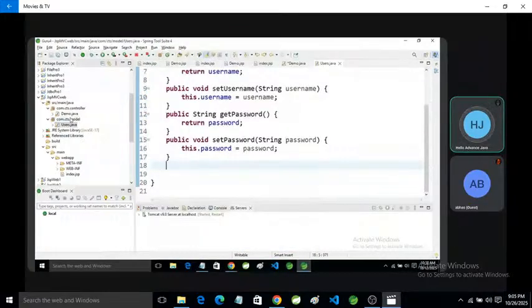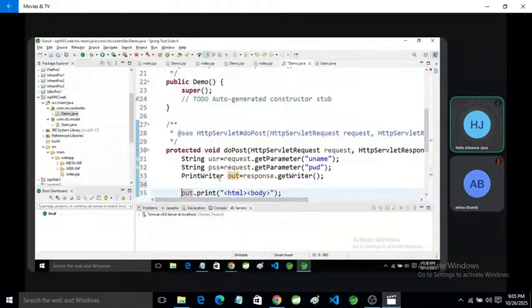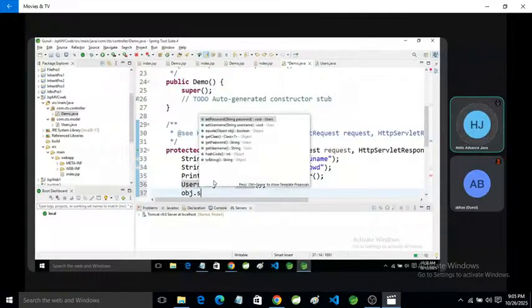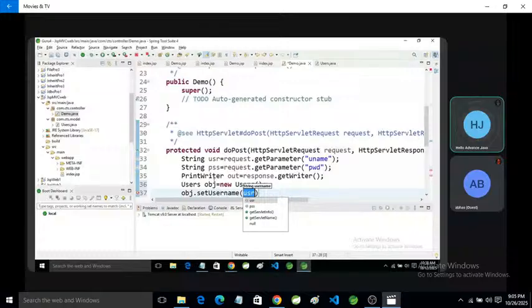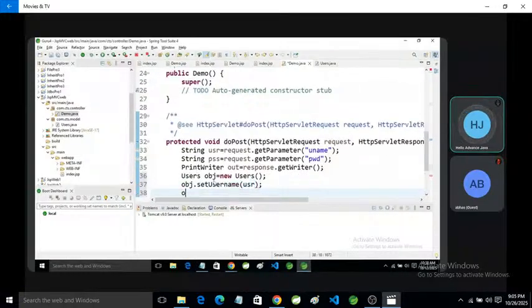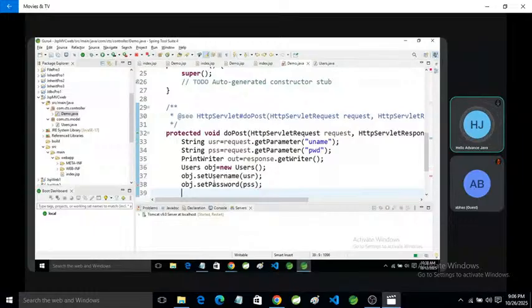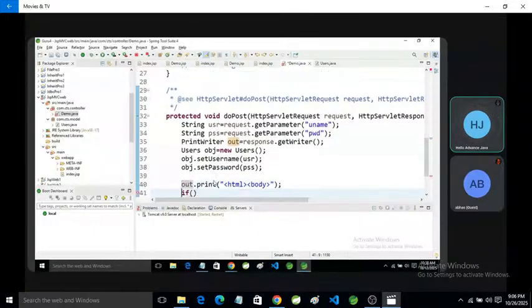Okay. Now we can put all values in the object of Users, obj is equal to new Users. After that obj dot set username usr, obj dot set password pss.